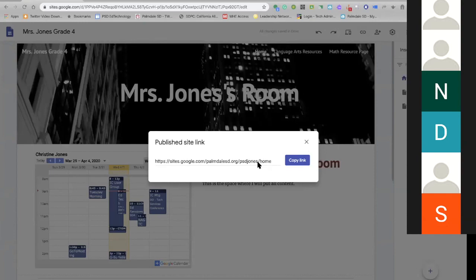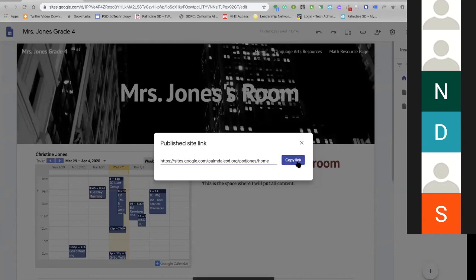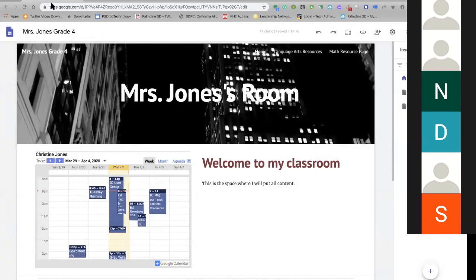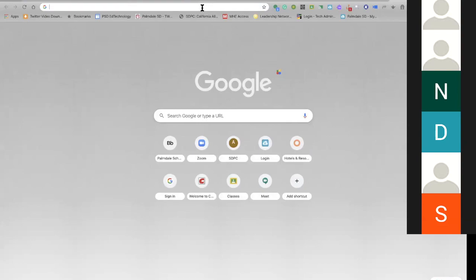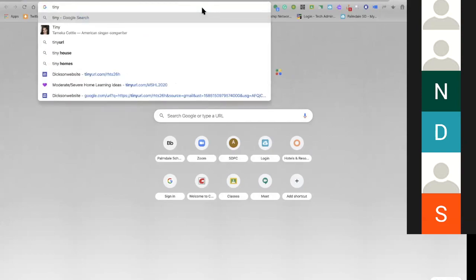That's a long URL. I'm going to copy that link, and I'm going to show you guys, take this and move it down a little bit. I'm going to show you guys that you can shorten your URLs. There are two ways to do it that we like. We like tinyurl.com. That's one way to shorten your URL. So you can just go to tinyurl